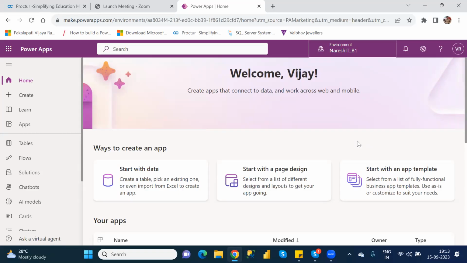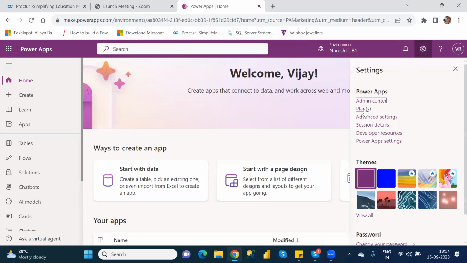Okay, because whatever trial version is there, it has 60 days validity. First it will give 30 days, and after that if you extend 30 more days, it will be extended. So the pop-up will come whenever you reach the point where your 20 days are completed. If you want to extend it, you need to go under the settings, where there is an admin center option. In this admin center option,